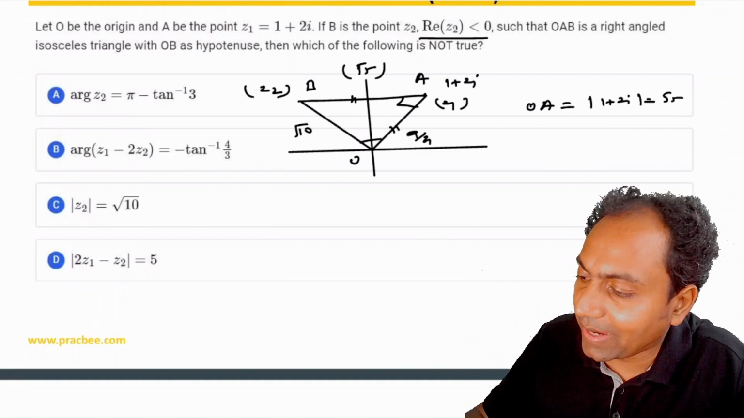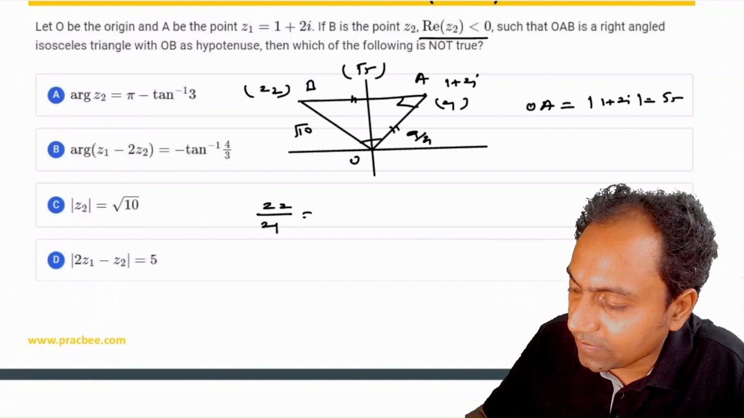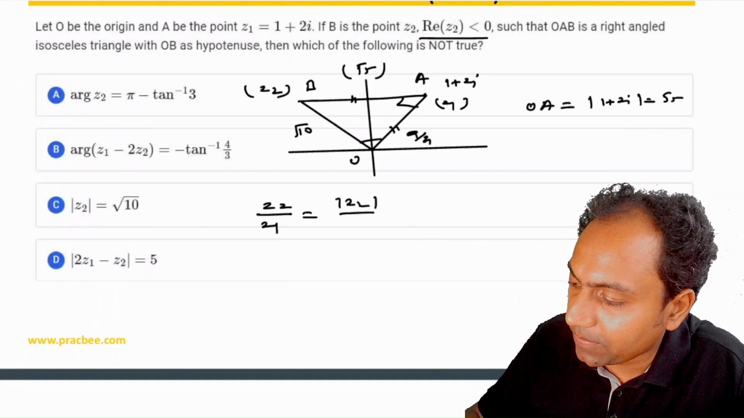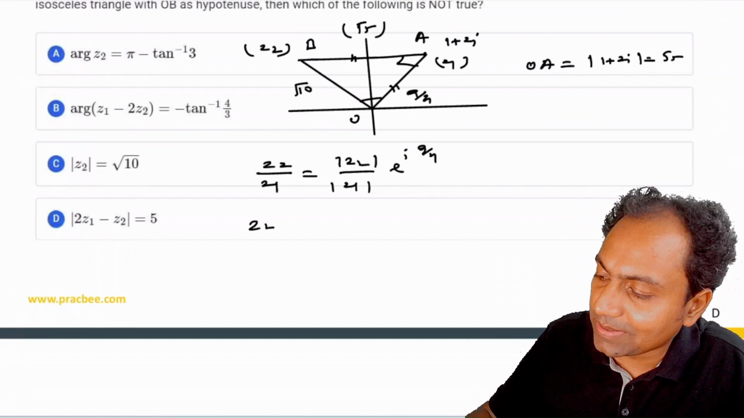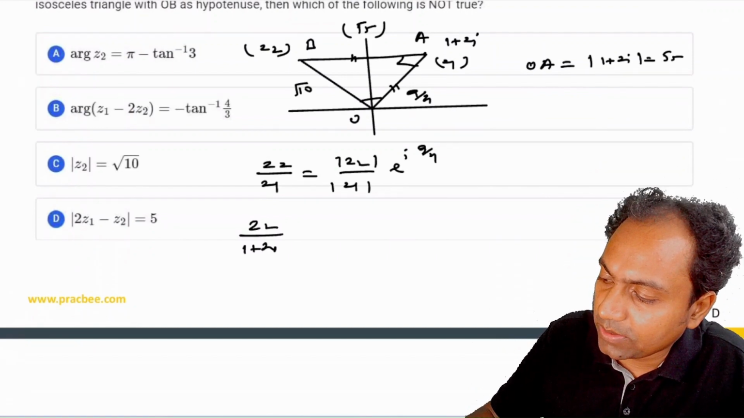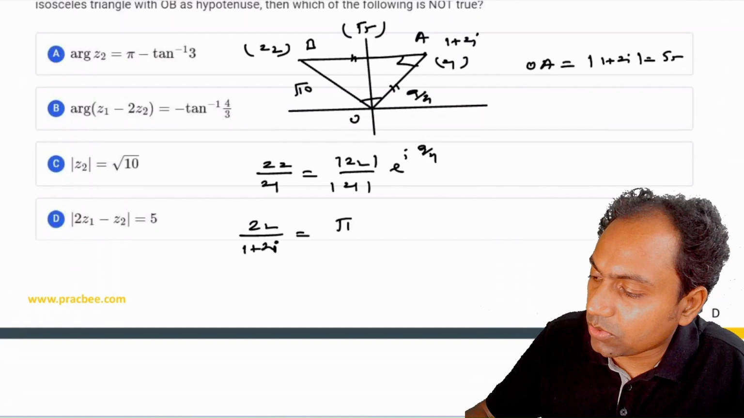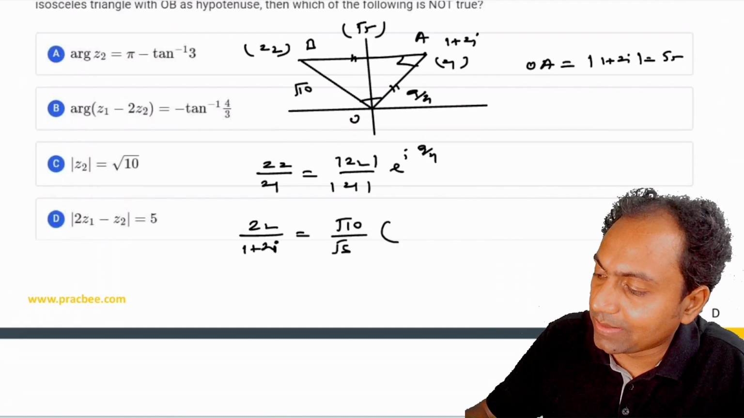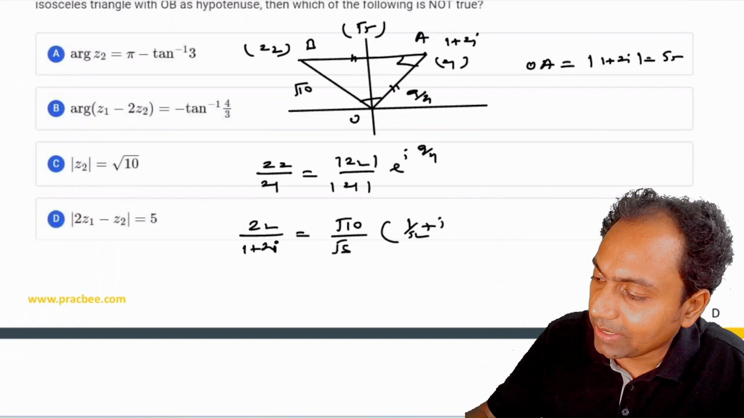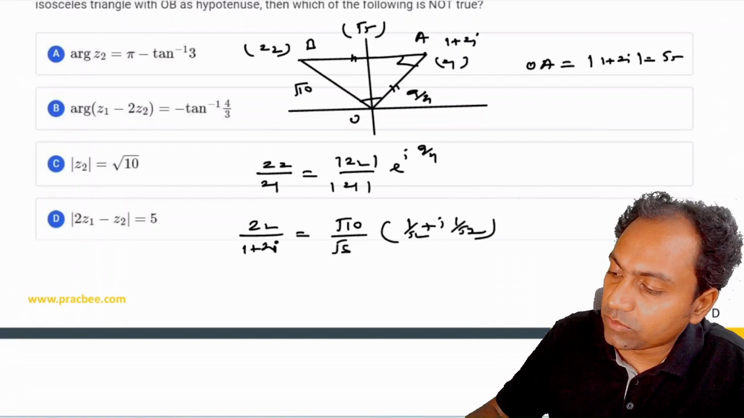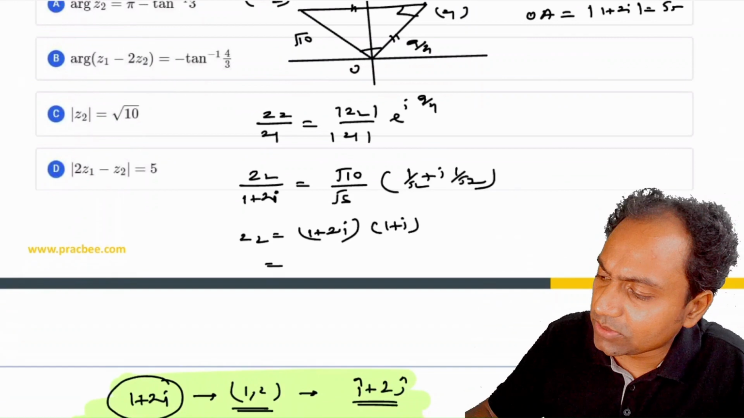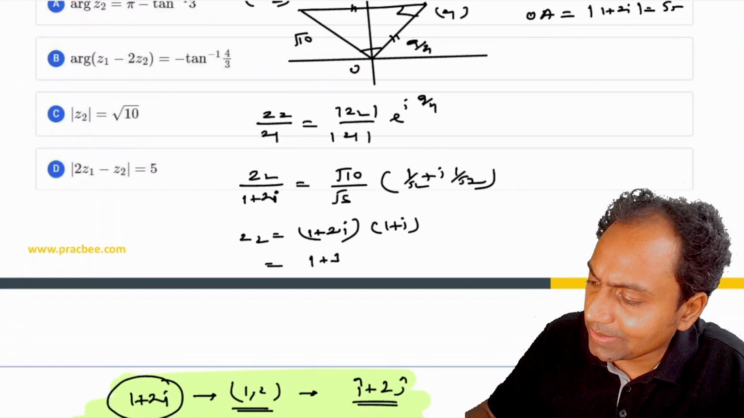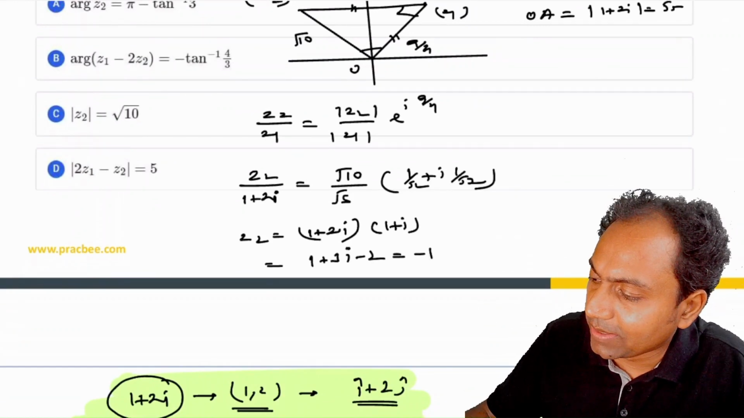Once you do this, now we can find Z2 using the rotation formula. So Z2 by Z1 is nothing but mod Z2 by mod Z1 times e raised to the power I times pi by 4. If I simplify this, Z1 is 1 plus 2i, and this is root 10 by root 5, and this is 1 by root 2 plus I into 1 by root 2. And if you simplify this, Z2 becomes nothing but 1 plus 2i into 1 plus I. And if you simplify this, it becomes nothing but 1 plus 3i minus 2, or minus 1 plus 3i, and